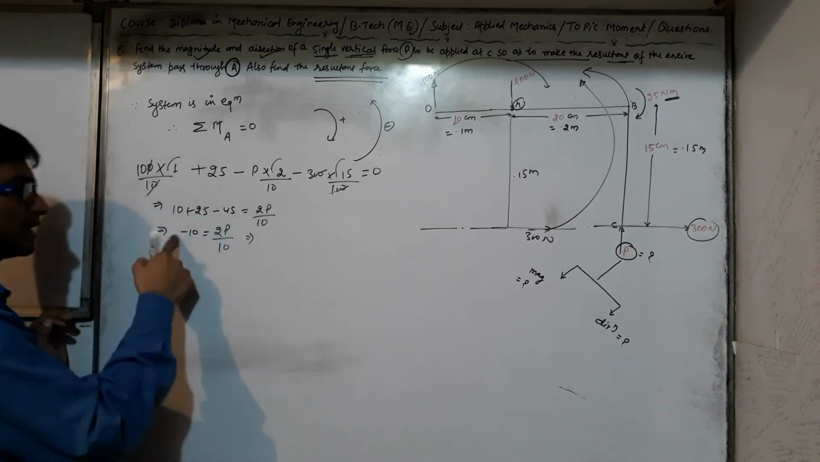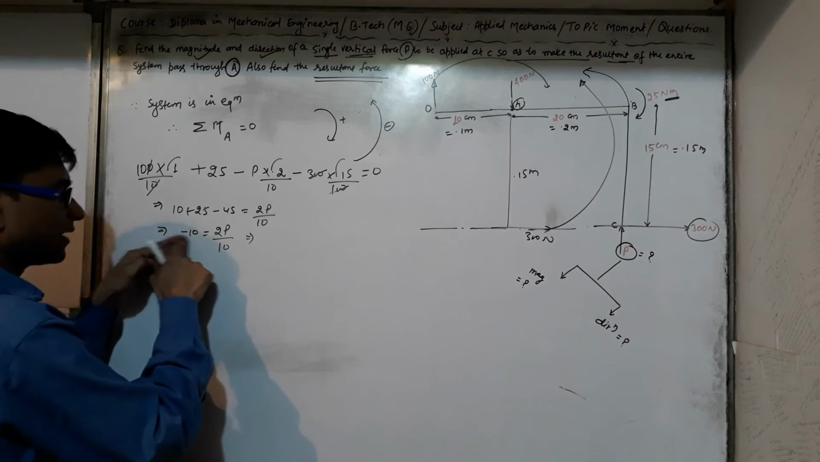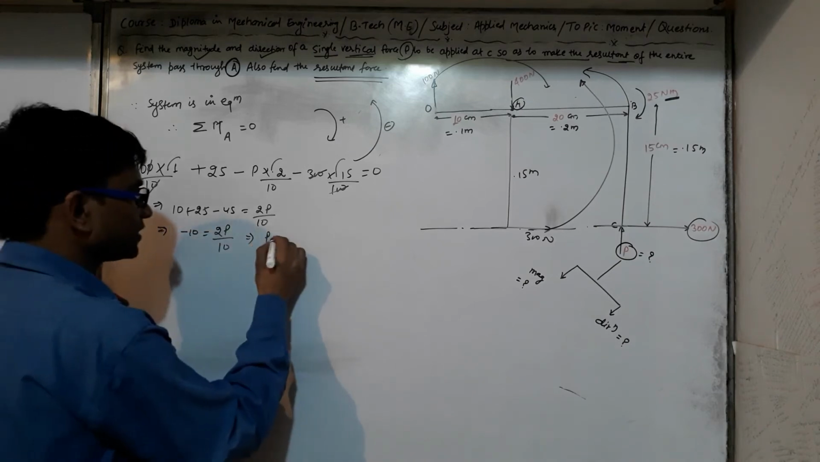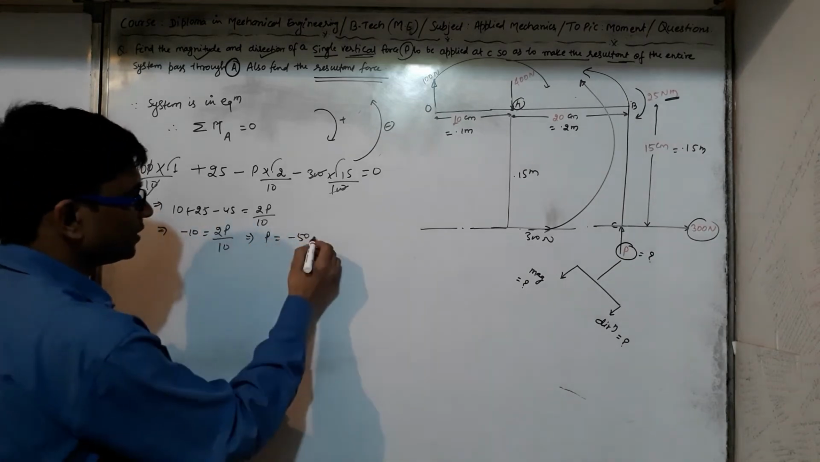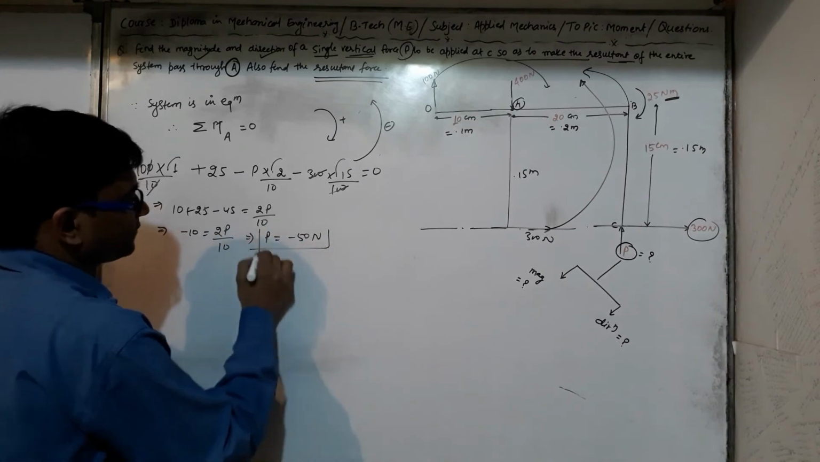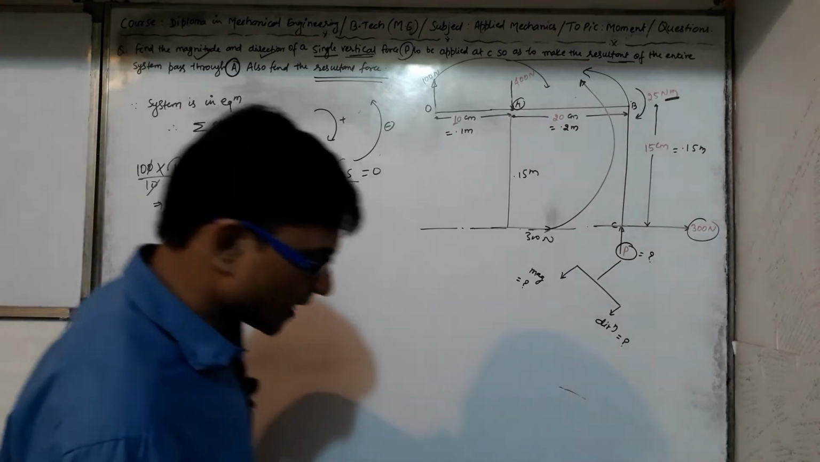Okay, by cross multiplying, 10 into 10 is 100, minus 100 divided by 2, that is P equals minus 50 Newton. Okay, minus 50 Newton. So this minus 50 Newton